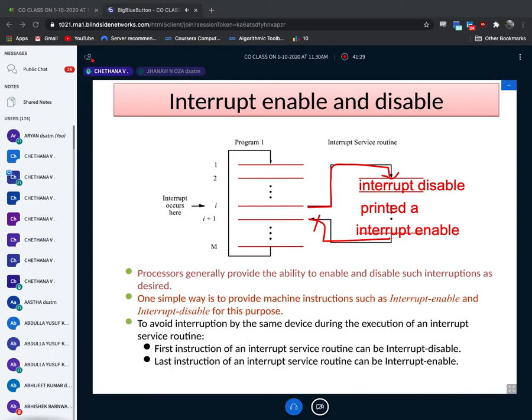Clear with this concept? Type me clear. Clear or not? Clear. See, what will I do? I'm teaching here. I will tell every other faculty, please don't interrupt me because I'm having the class from 11:30 to 1:10. I'll tell like that. Nobody will interrupt me. After 1:10 is over, my colleagues or somebody will come and speak to me, isn't it?